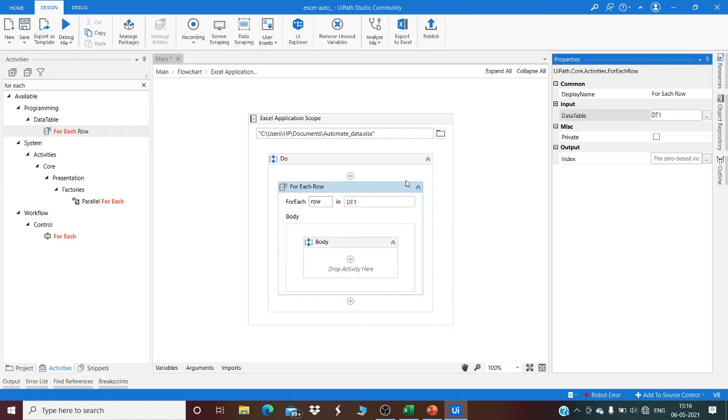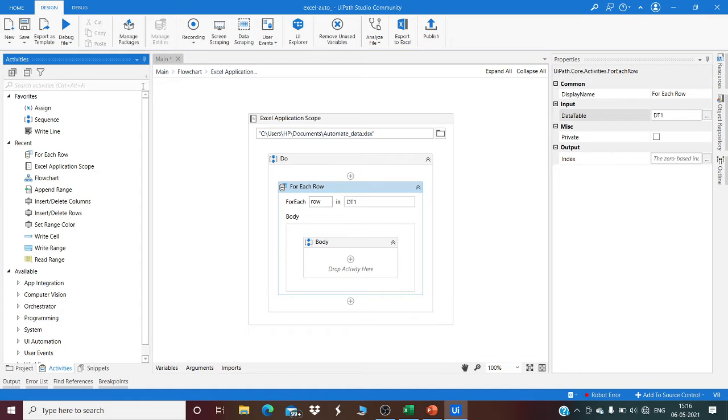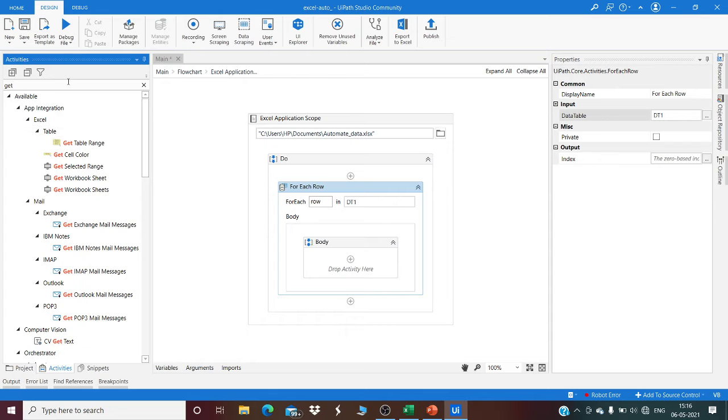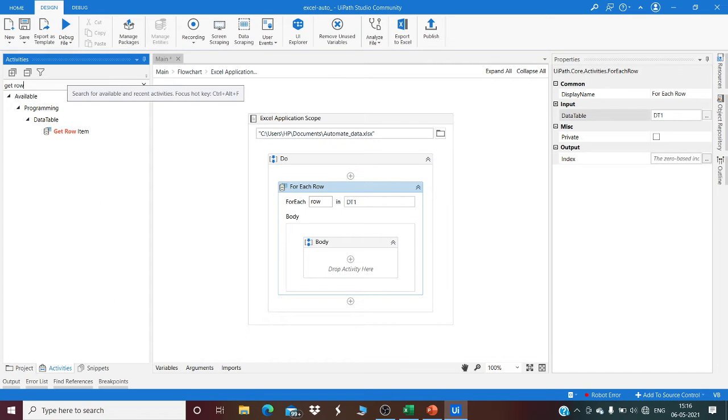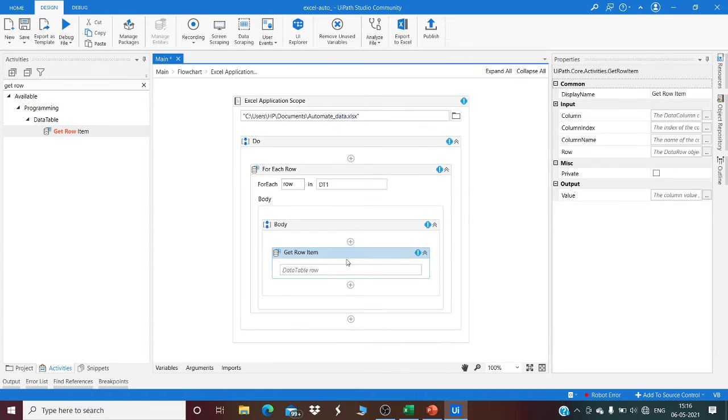See, it disappears. Now on the left side in activities, search for get row item. Select and drag it to the body section of for each row.